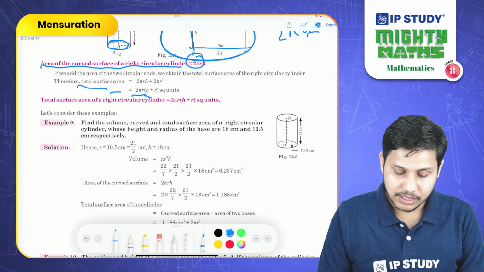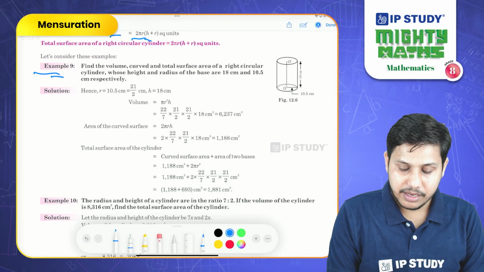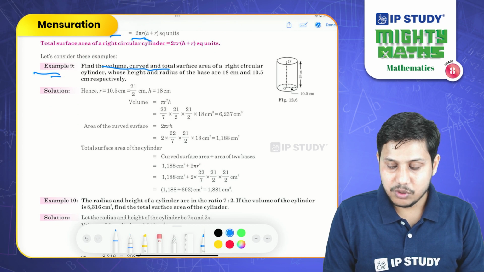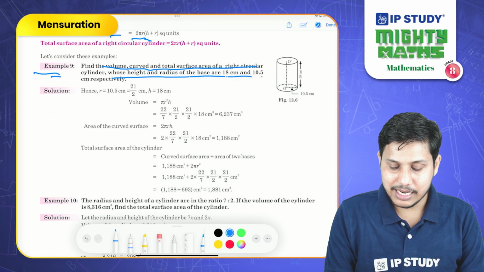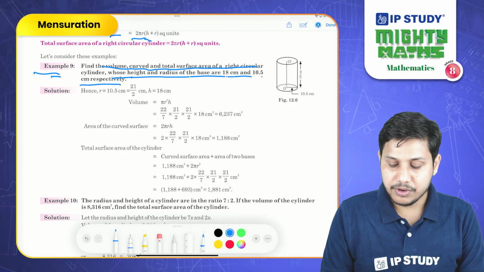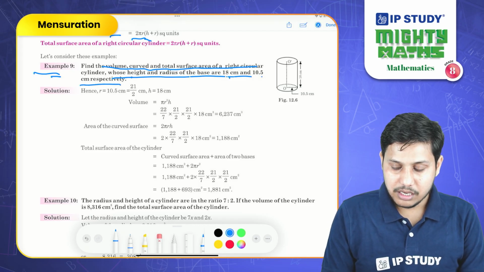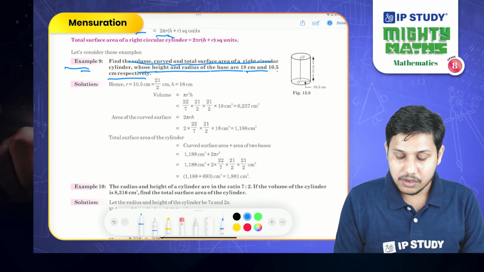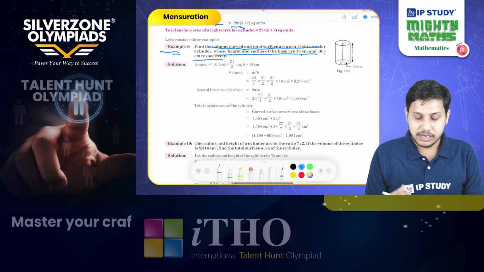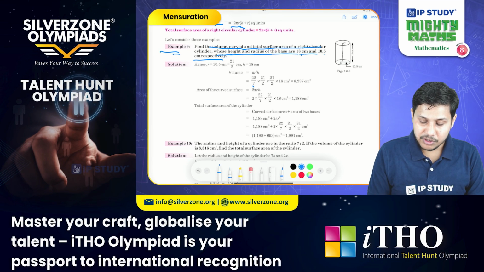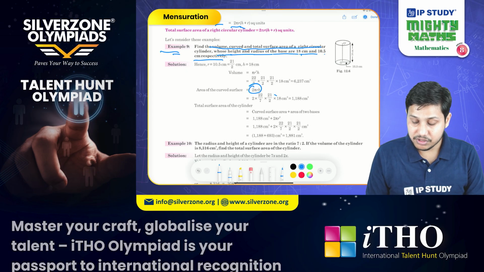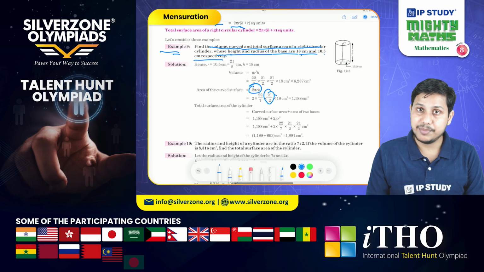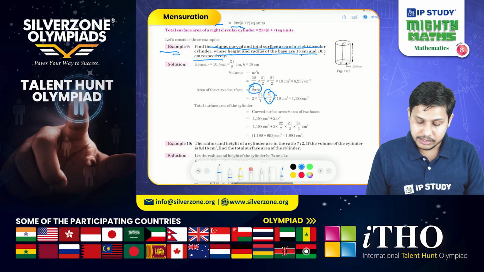Now let's take one example. Find the volume, curved and total surface area of right circular cylinder whose height and radius of the base are 18 cm and 10.5 cm respectively. So the first dimension is for height and the second dimension is for radius. In order to find the curved surface area, we need the formula 2 pi r h, and we have the value of r as 10.5, which we can consider as 21/2 for simplification. The height is 18 centimeter,